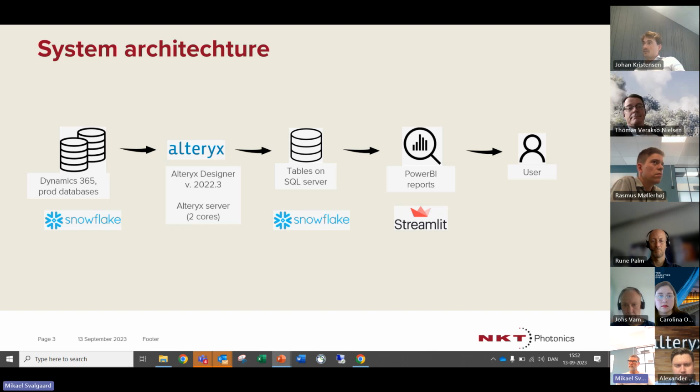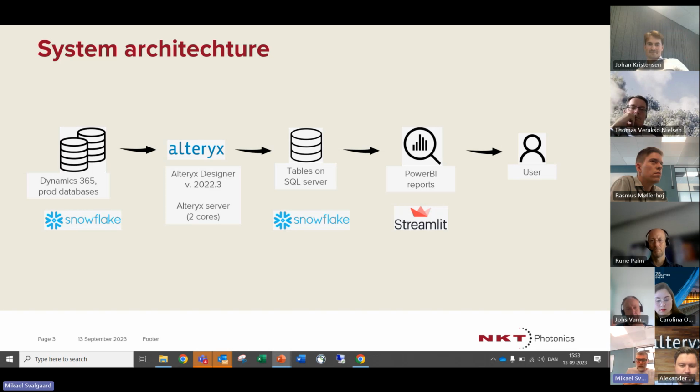But the last thing that you just mentioned, that is something that we're also moving away from. But didn't you assist in the implementation of the server back in the day? No, mine was 1 year ahead of me. Okay. Yeah. But it's always been a little bit cryptic to me, but when you have an Alteryx server, in reality we have two servers. We have a remote desktop server, which is located at a data center in Frankfurt, which we can log on to, and there's a designer there, and we can run things on it.